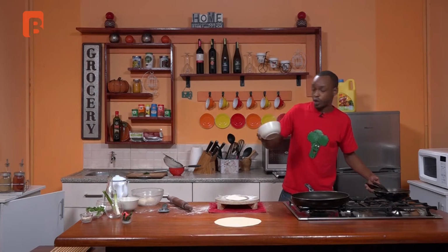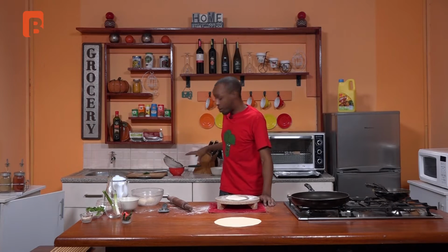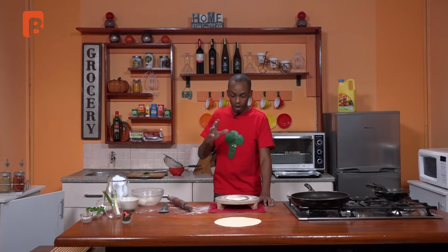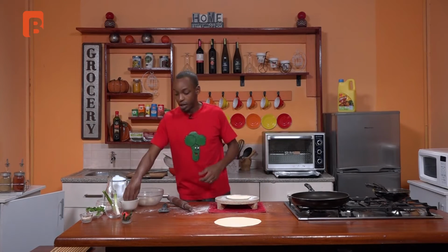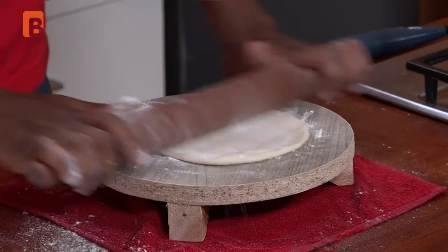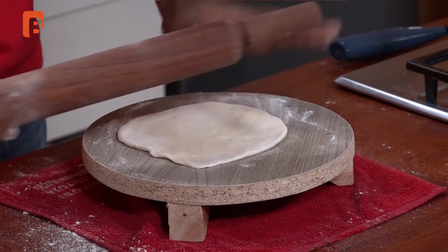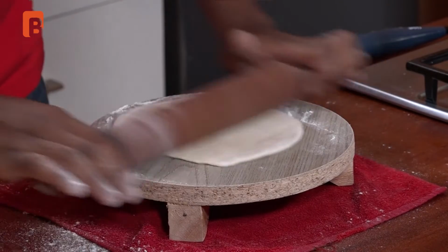And that you can allow to rest right over your countertop, or you can also throw it in the refrigerator. But I particularly like to leave it out in the open, because it will allow it to cool off a little more evenly, and it will also give your ingredients a bit more time to blend together with the flavors. And now while we continue to roll this out and start our first process of cooking,